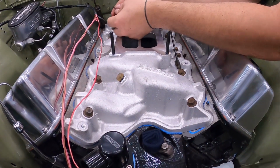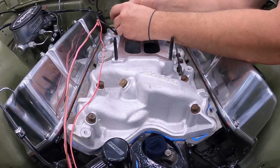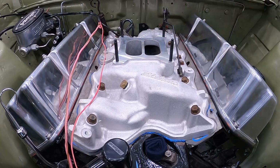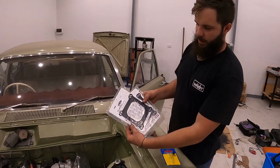I'll stop the video here and I'll go and grab the brand new Carby in the box and we'll have a bit of a look over it. And I'll show you a few things that you're going to need that we're going to have to actually go and grab from my collection at home, the customer didn't have, and we'll get into the next step. Alright guys,